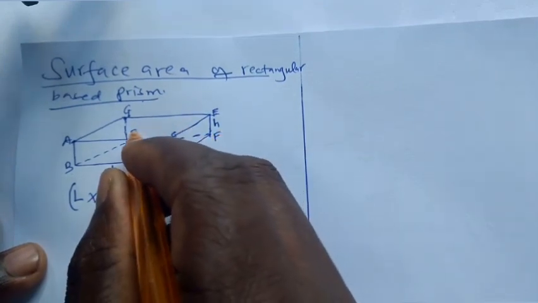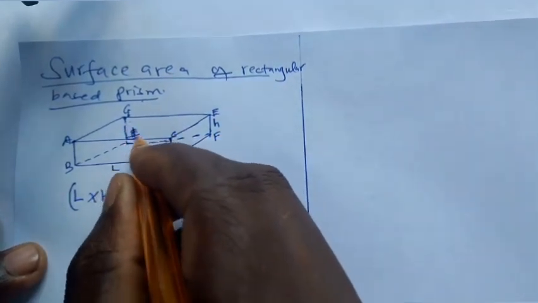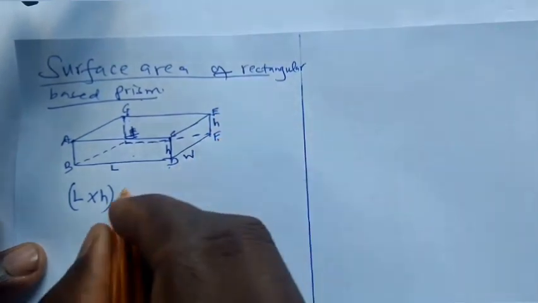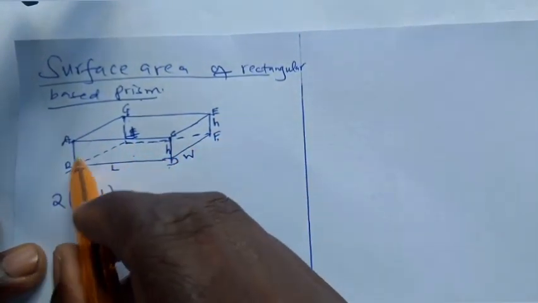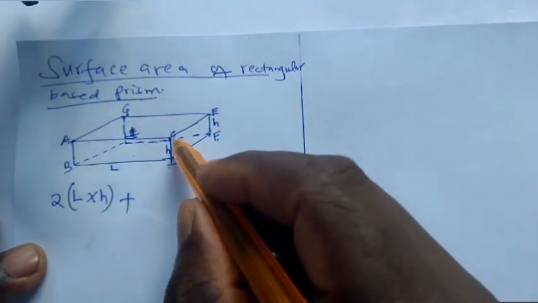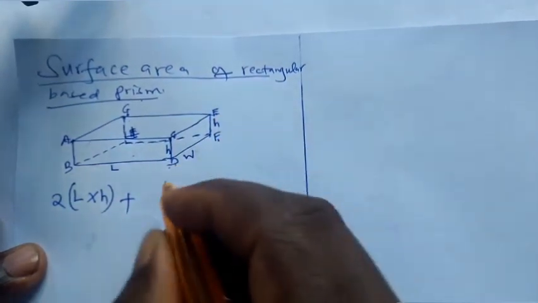Let me say this one is J, G, J, E, F times 2, because there are 2. You add; we have calculated this one and that one. Now let's calculate C, E, F, D, which is